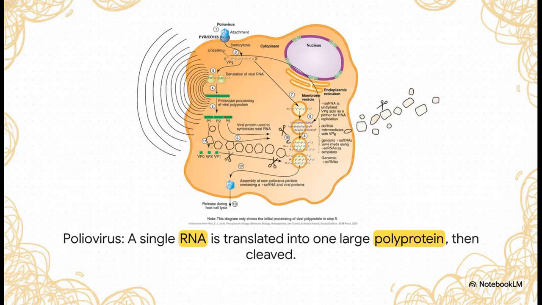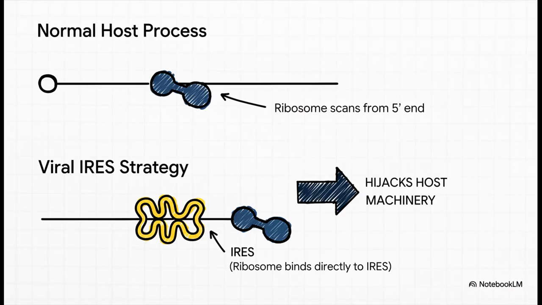And here is that exact strategy in action. This is the poliovirus cycle again. If you look at step 4, you can see its single RNA genome being translated into one giant polyprotein. Then, in step 5, the virus's own proteases get to work, chopping up that massive protein into all the individual functional pieces it needs, the structural proteins, the polymerase, all of it. So that's one message, one translation event, but a dozen or more final products. Just brilliant.